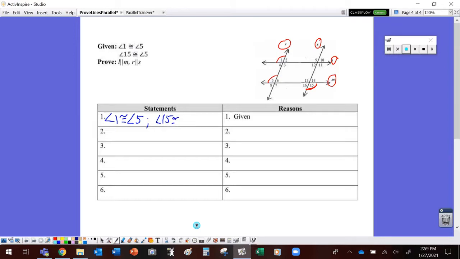Geez, having a little trouble with that equal sign there. There we go. And the reason that we know that's true is because it's given. All right, now,